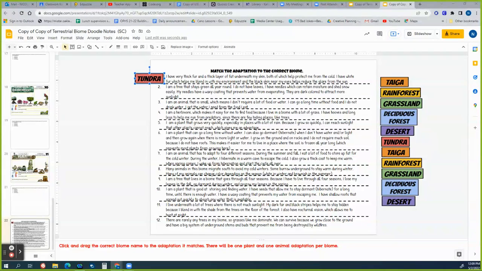Okay. Awesome. So, ladies and gentlemen, the next one says, I am a tree that stays green all year long. I do not have leaves. I have needles to retain moisture and shed snow. My needles have a waxy coating and they prevent water from evaporating. They are dark to extract more sunlight. So that sounds like the taiga or the boreal forest. So you will go through and match each of these descriptions with one of your biomes. Okay, so that's pretty easy peasy lemon squeezy. So that's what we're doing with that. All right, so hopefully that helps, ladies and gentlemen, in terms of